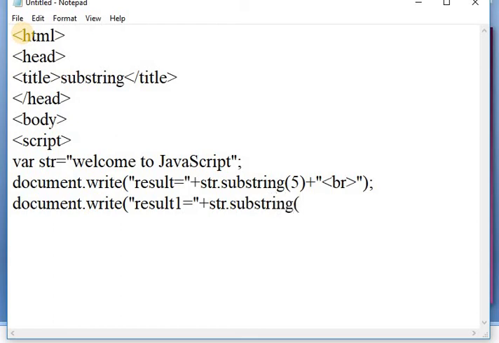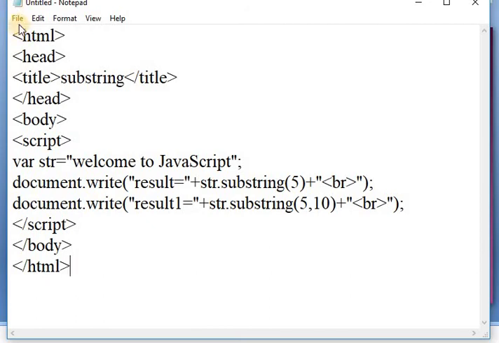Here I am passing the start and end, starting with the 5 and ending with the 10. Close the script tag, close the body tag and close the HTML tag.